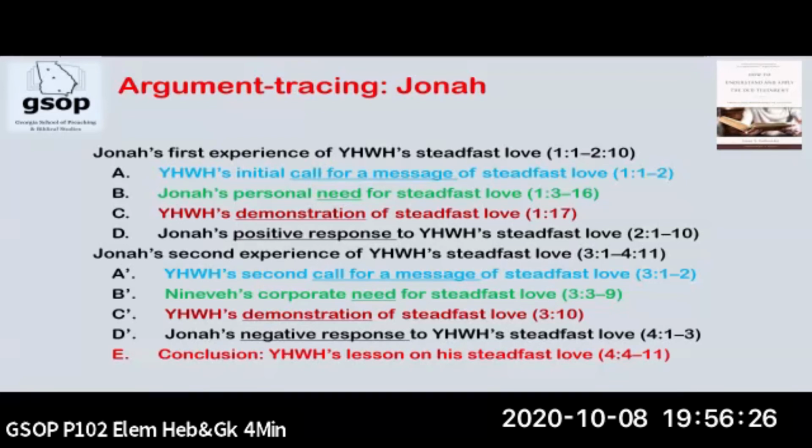And then you have the conclusion, Yahweh's lesson of steadfast love, chapter 4, verses 4 through 11. The Lord said, do you have good reason to be angry? Then Jonah went out from the city and sat east of it. There he made a shelter for himself, and he sat under the shade until he could see what would happen in the city. So the Lord appointed a plant, and it grew up over Jonah to be shade over his